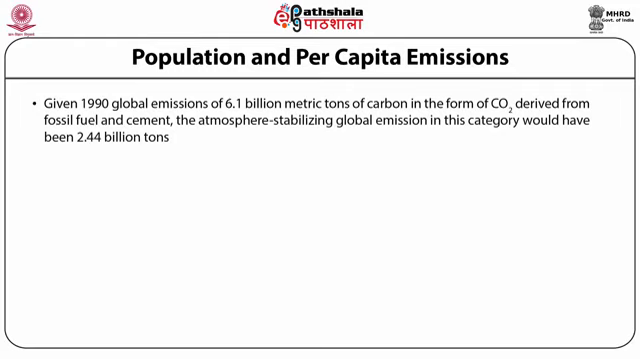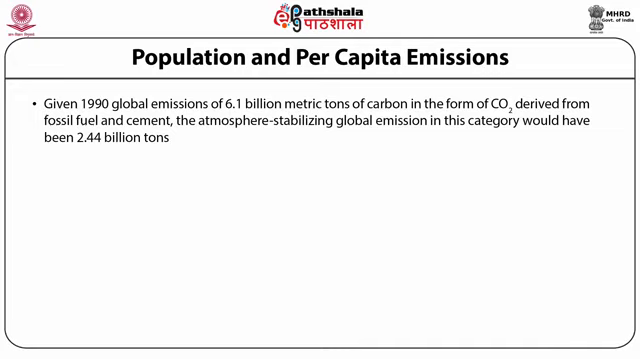In stabilizing the atmosphere, the equal access principle was illustrated by the concept of per capita atmosphere stabilizing emission of carbon dioxide from fossil fuel combustion and cement production. The Intergovernmental Panel on Climate Change, that is IPCC, suggested that at least a 60% reduction in carbon dioxide emissions from 1990 levels would be needed to stabilize carbon dioxide concentrations at their 1990 level of 353 parts per million by volume. Given 1990 global emissions of 6.1 billion metric tons of carbon in the form of carbon dioxide derived from fossil fuel and cement, the atmosphere stabilizing global emissions in this category would have been